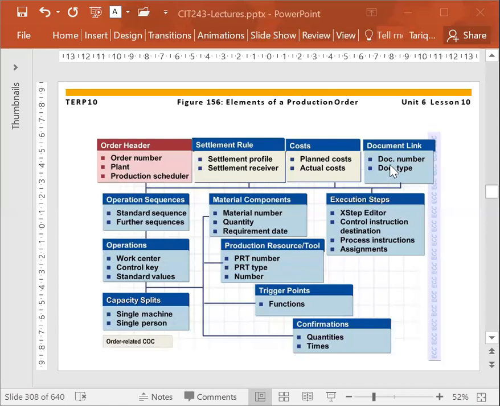Once you do the confirmation, the cost will be determined. The cost will be determined on the operation level as well. So if you have 5 operations, every operation will determine the cost. On the last operation, you will get the complete picture of total actual cost. At that time, you can compare the actual cost with the planned cost. And then you have settlement rules,